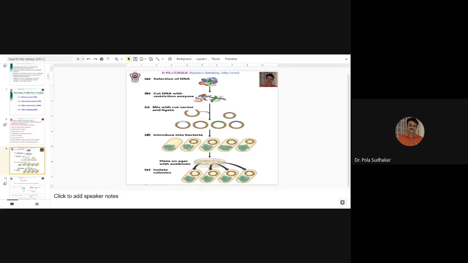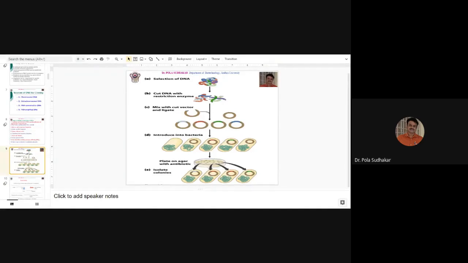Because all these experiments are at the molecular level, you cannot observe things with the naked eye. But if you use marker genes and reporter genes, they are helpful to select whether the transformation was successful or not, and the presence of a reporter gene and marker gene also indicates the presence of the desirable gene. Because you are adding your marker genes and reporter genes along with the desirable gene, and after transformation,